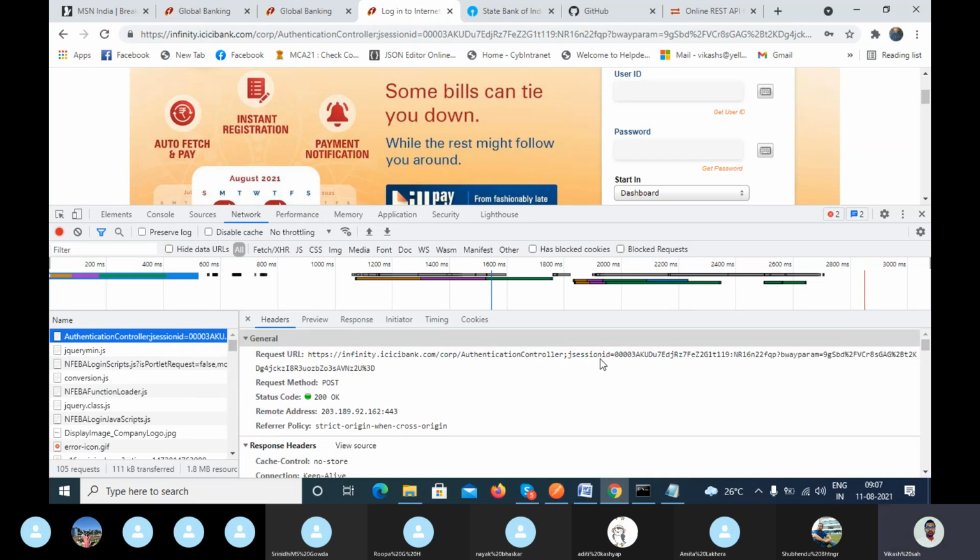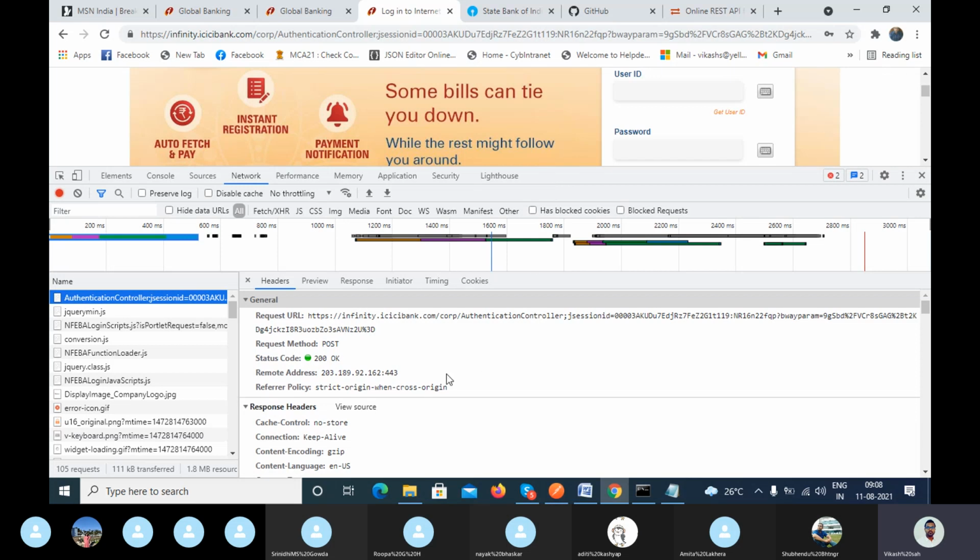They are encrypting the user ID here, the JSON ID, because they can't show you the username and the password. Otherwise everyone could go to the network section and use your ID and password.